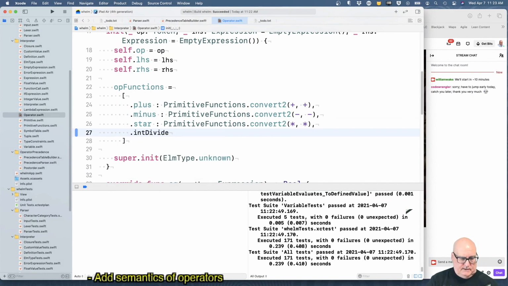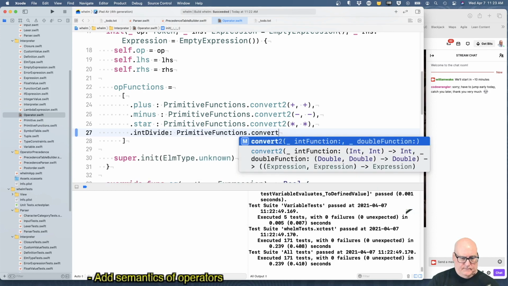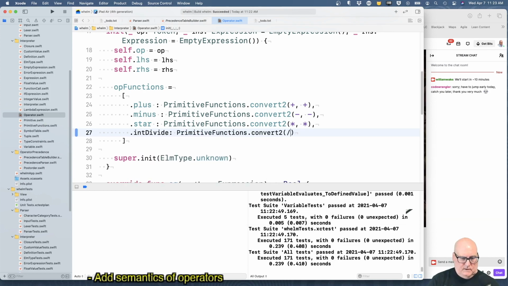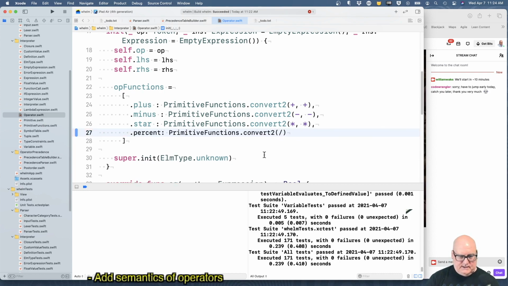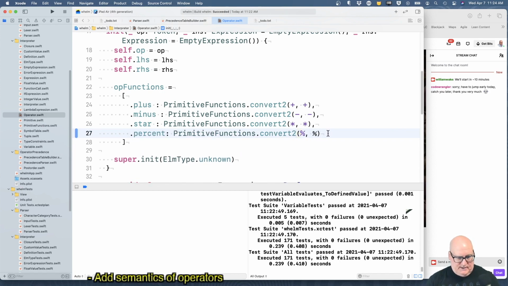Divide. Well, no, it's not really correct, is it? Let's do percent because that's an easy one. Convert. I think you can do modulus. I don't know. Does double do modulus?